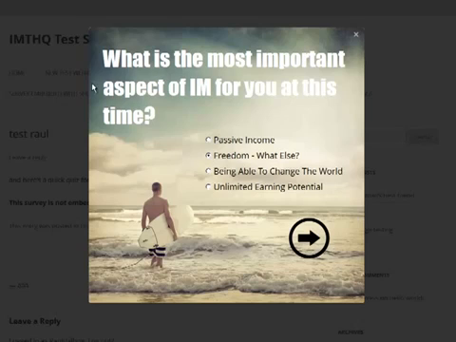So freedom, okay? So here's a multiple choice thing, and you can design these any way you like. So what we've got here is basically a background image. We've got some HTML text up here, which is super easy to set up with an editor. You've got your choices here, and you've got a next button. All configurable. You can do anything you like. You could have a video up here or no video. You can have a plain white background, whatever you want to have. I'll go to the next one.